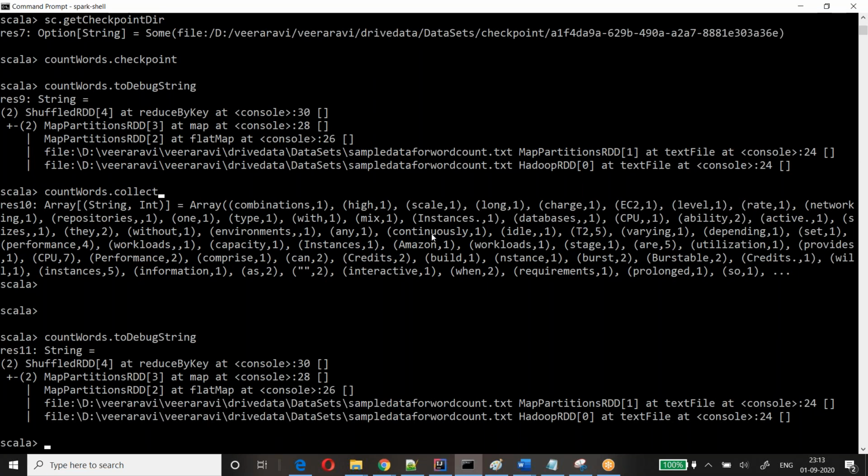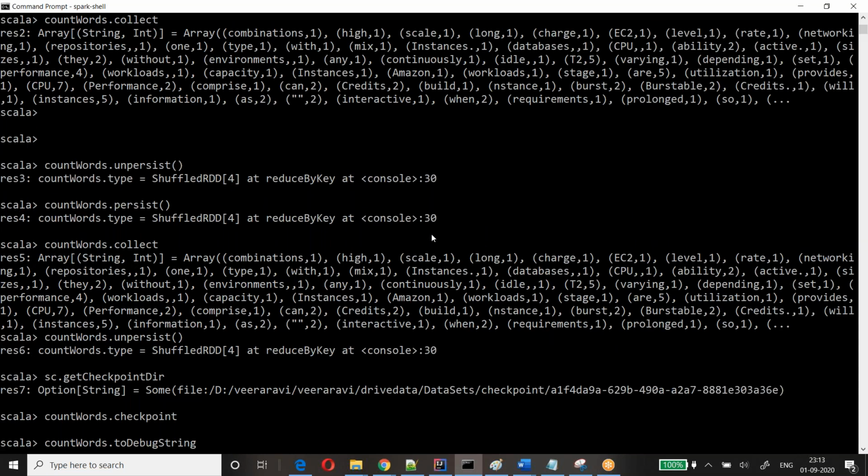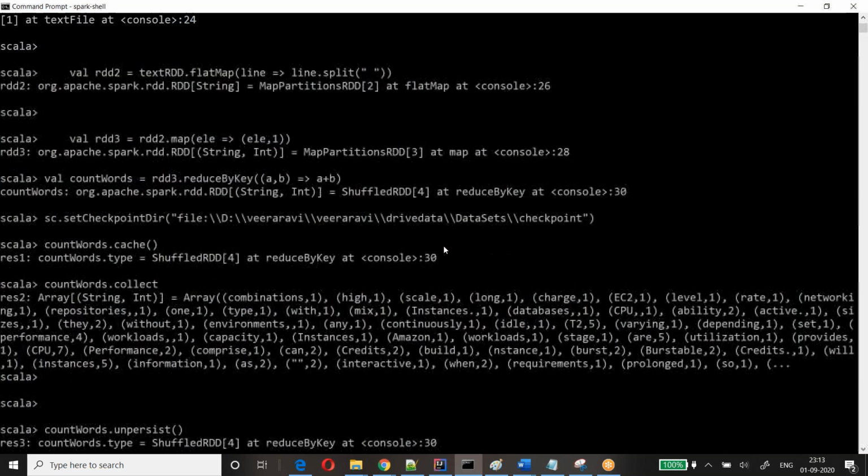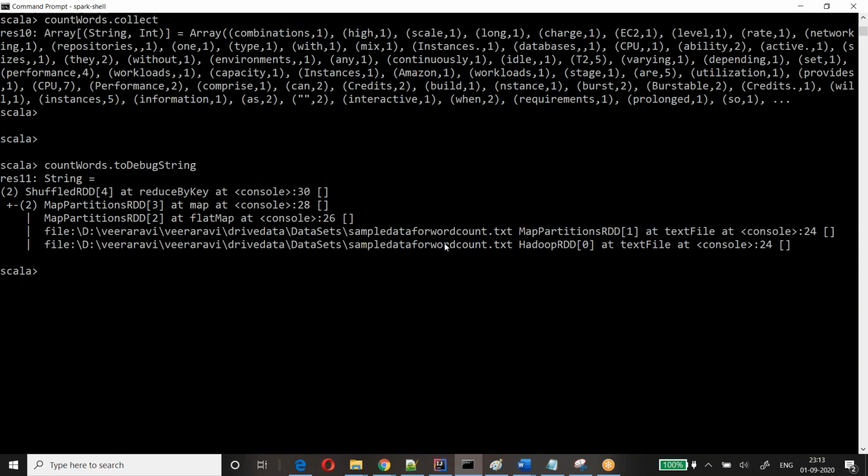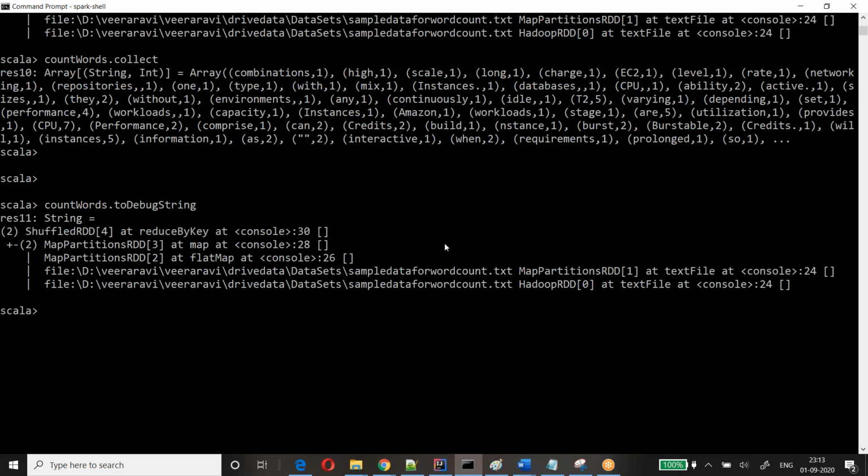You can see this. It doesn't contain the lineage graph. I have shown in the earlier example where it had a lineage graph. So your checkpointing directory will not store the lineage graph. Is this clear?